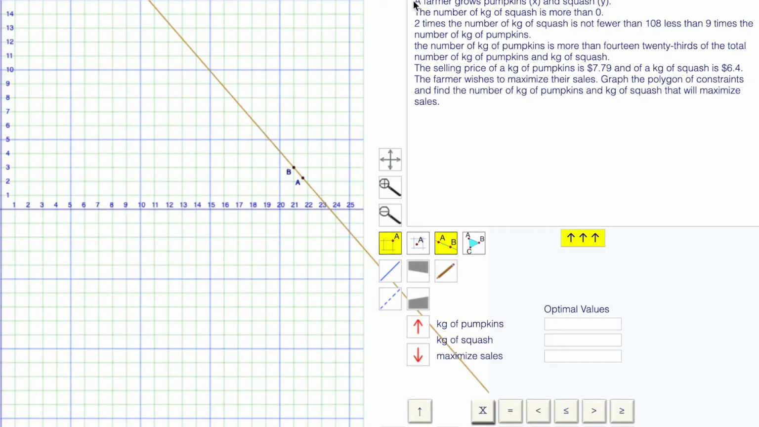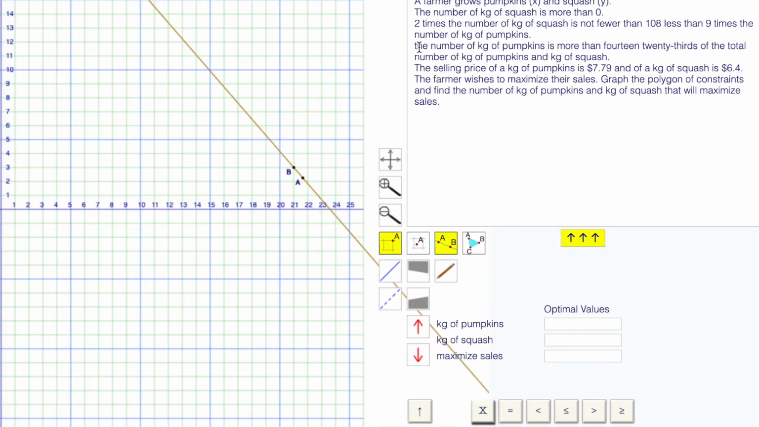Here's a number 6 type question. A farmer grows pumpkins, X, and squash, Y. The number of kilograms of squash is more than 0. 2 times the number of kilograms of squash is not fewer than 108 less than 9 times the total number of pumpkins. The number of kilograms of pumpkins is more than 14/23 of the total number of kilograms of pumpkins